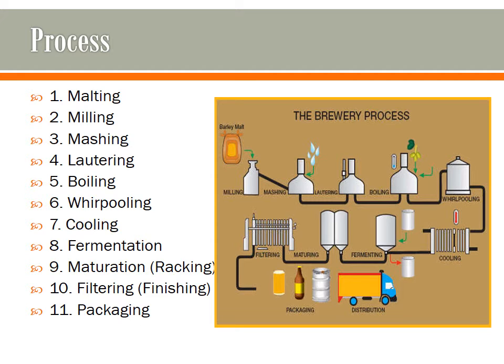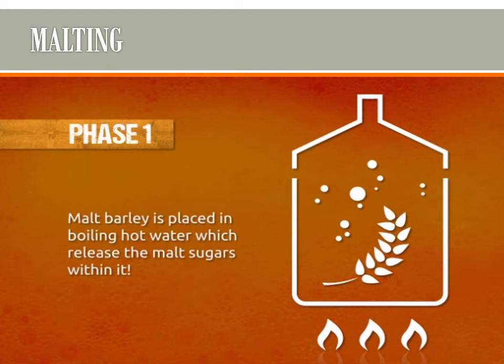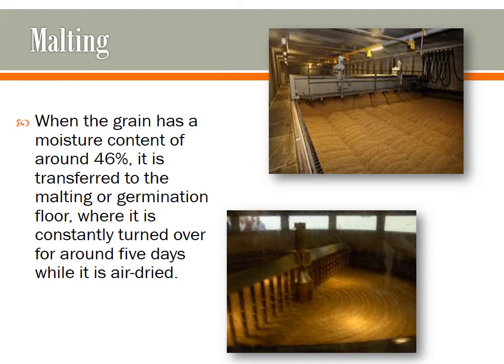And it has 5 phases to the brewing. So the first phase is the malting. The malting is where the barley is placed in boiling hot water, which releases the malt sugars within. So here, as you can see in the pictures,